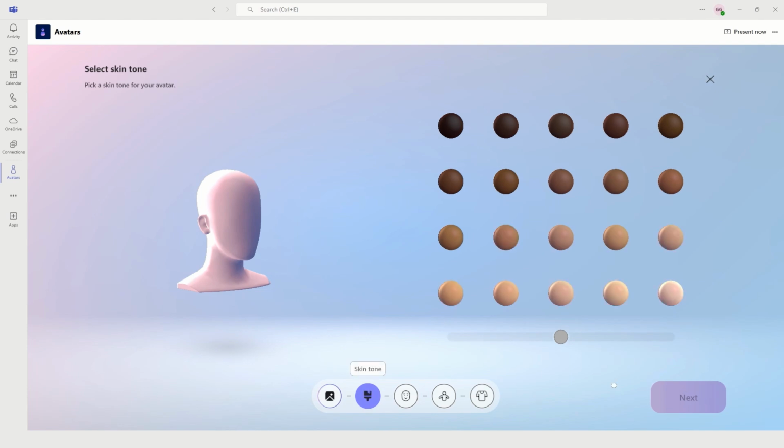Now what this will do is it will allow you to go through and select your skin tone. So for me, I'm going to select warm fair. You can select any of the preset 20 here and you can amend how light or dark of that tone you want it. Then you can click on next